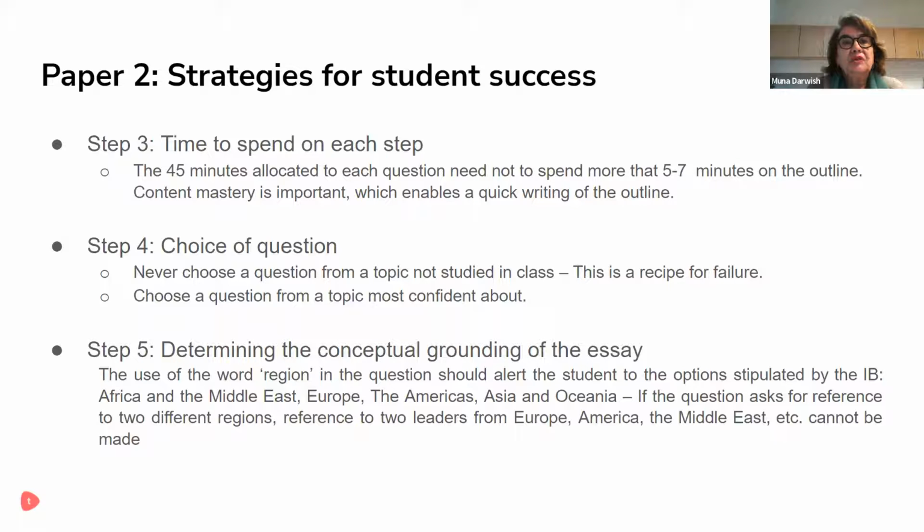How do we train our students to succeed when taking a paper 2? They really need to be trained to master writing an essay within 45 minutes. Within those 45 minutes, 5 to 7 minutes need to be spent on the writing of an outline. Again, I come back that this needs mastery of the content, which enables a quick writing of the outline. And then